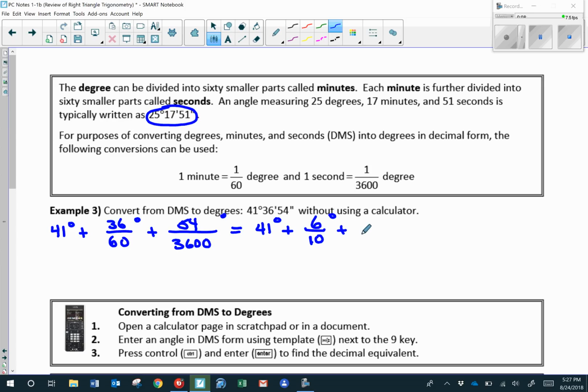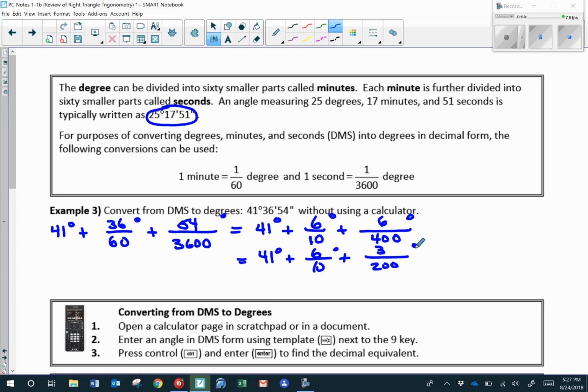And then 54/3600ths reduces by a factor of, let's say 9. If we reduce it by a factor of 9, we get 6/400. And then that reduces a little bit farther to